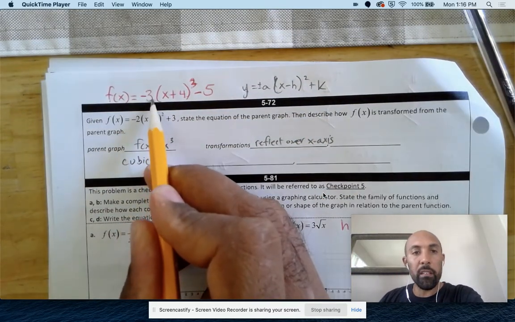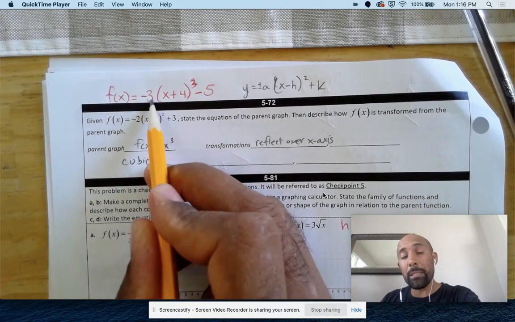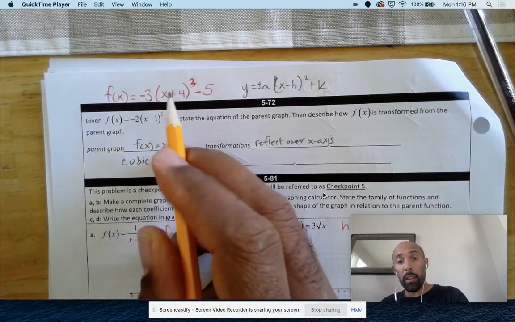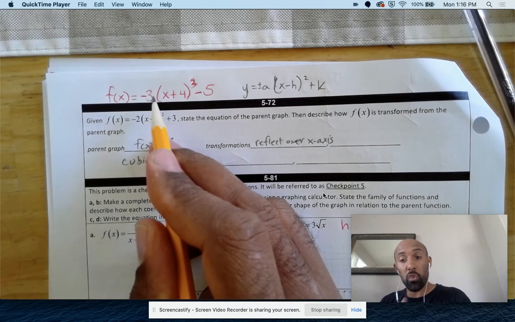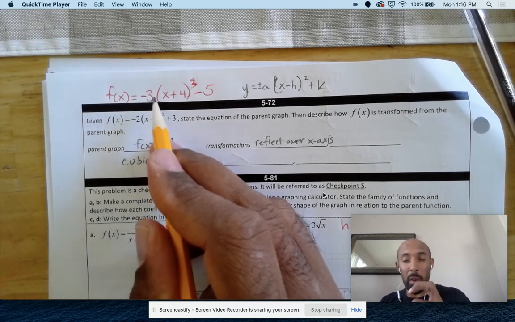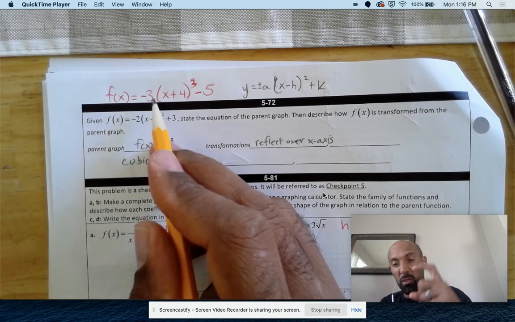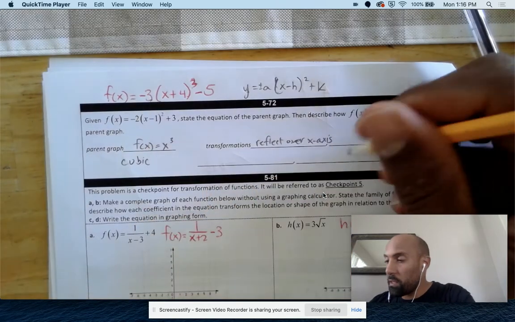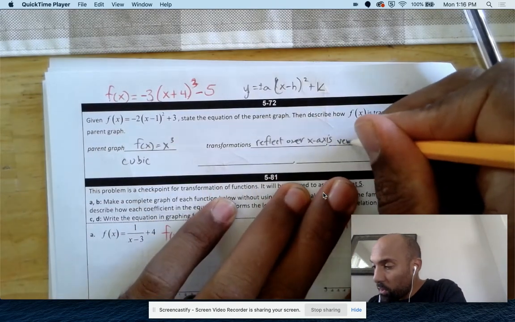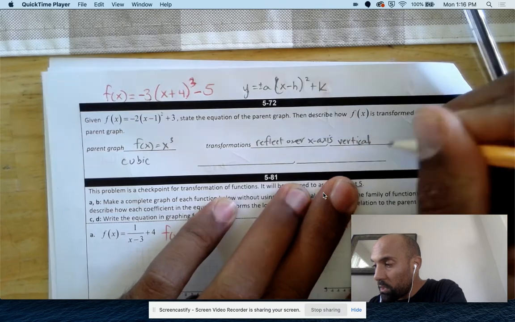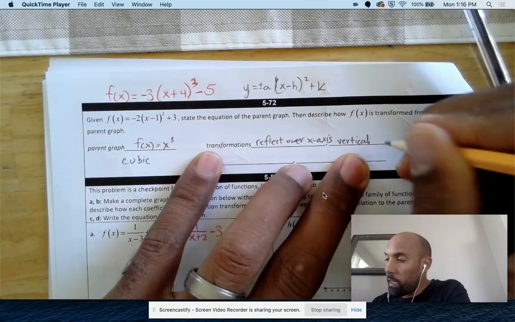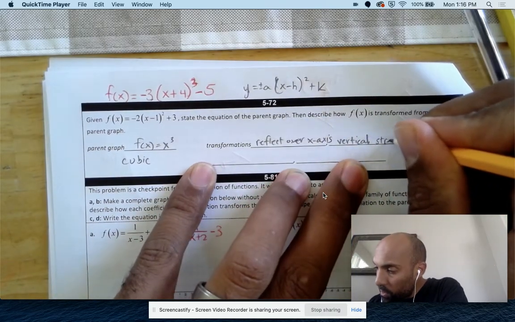Okay, then it's the value of 3, and remember, anything bigger than 1 is going to be a stretch. Anything that's less than 1, like a 1/2, 1/3, that would be a compression or a squish. So this would cause a vertical stretching. You want to say vertical stretch because there's also a horizontal stretch. We just haven't dealt with that yet. Okay, so vertical stretch